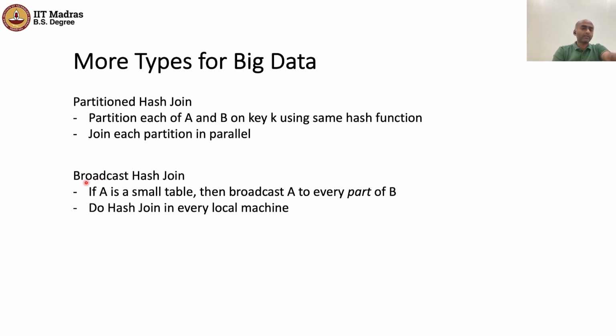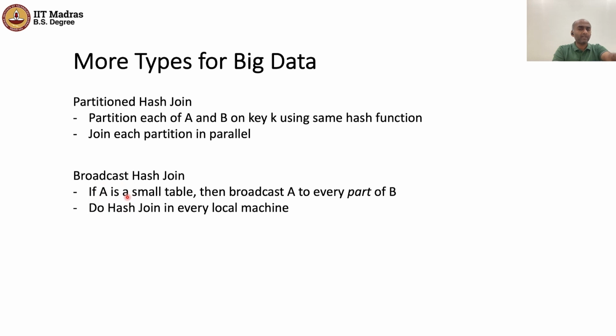The other option here is what's called the broadcast hash join. Here it really is a nifty trick which allows you to execute a hash join much faster than any of the other types under a specific situation, which is B is large, like we spoke about, but also that A is small, right? If A is small and B is large, obviously you can't use nested loops, B is large. Merge join is too inefficient for this kind of setup. You have an easier and better way to do it, which is you take A and you create a